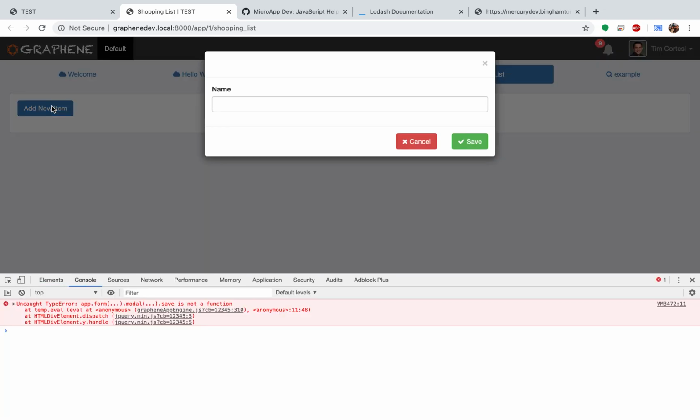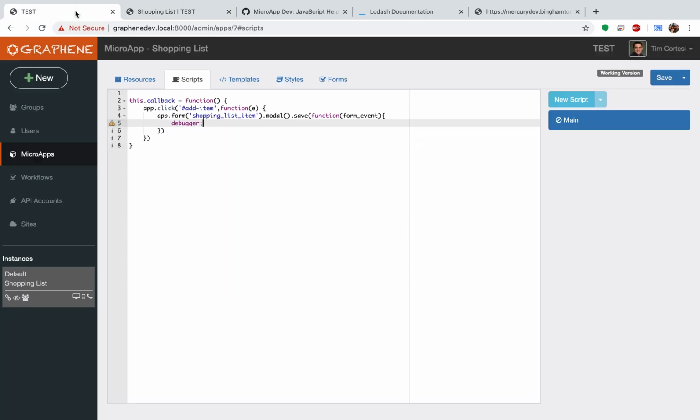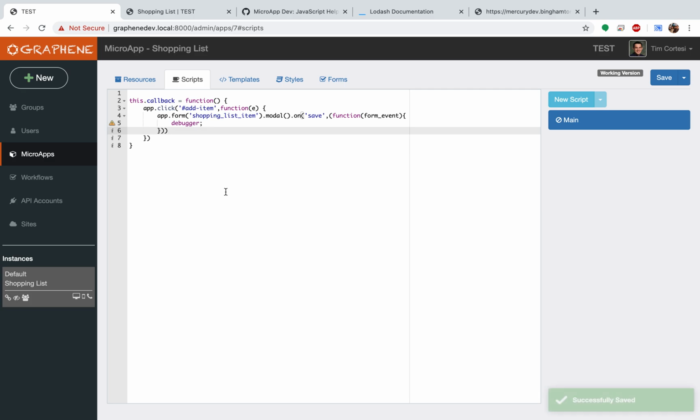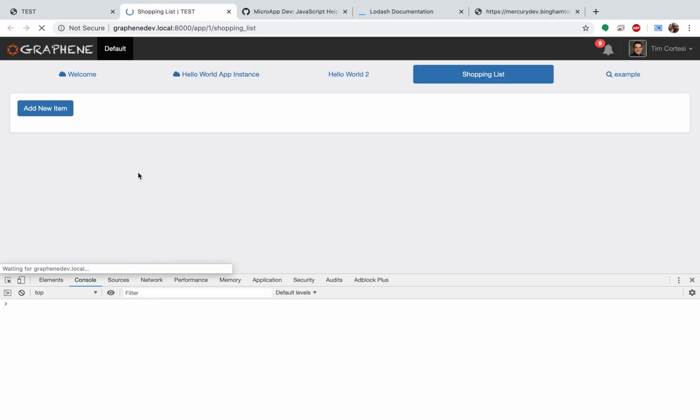But I should be able to click on this button. There we go. That opened it up. It looks like we did get an error though, and I think that's because instead of save, I really should have done on save as an event. Save itself isn't actually a function, so put a comma here, and I believe we are missing a close parentheses. Okay, so let's try that again,